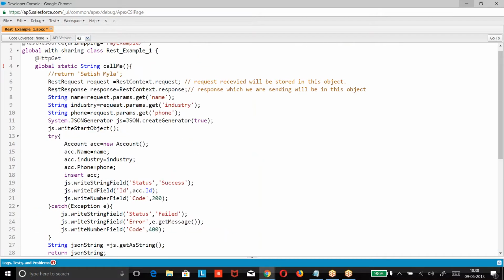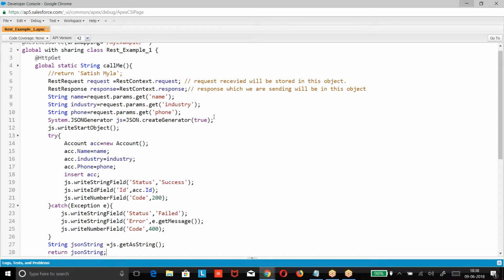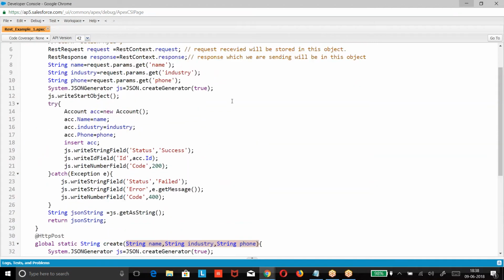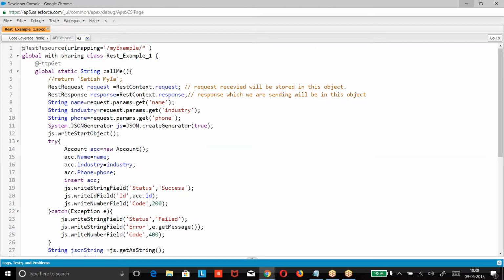The story is the same, but the only thing is how you are reading the data. If it is a post method, data will be passed as parameters in the method. If it is a get method, we will be passing the parameters in the URL. So we are supposed to read the parameters from the URL. How do you read the parameters?